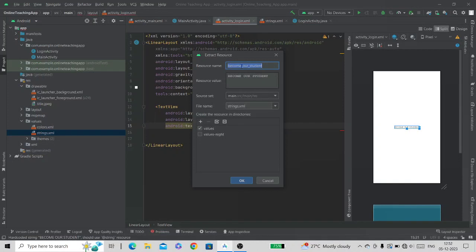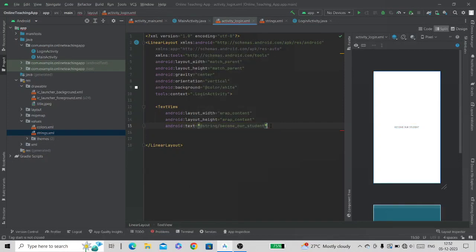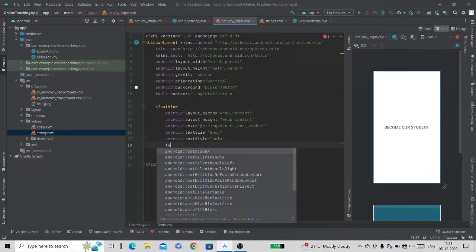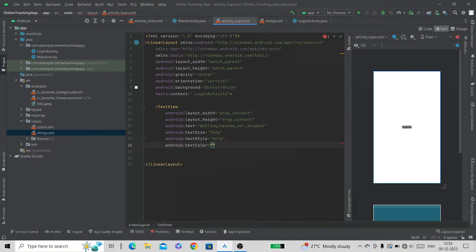We can change the name here, but I want to keep this name. Click OK. Now here you can see the warning has gone. Now let's add other properties also. Text size 25 sp, text style bold, text color black, layout margin bottom 50 dp.